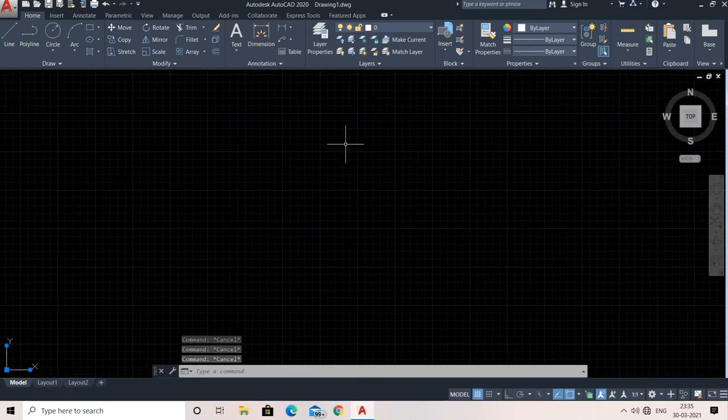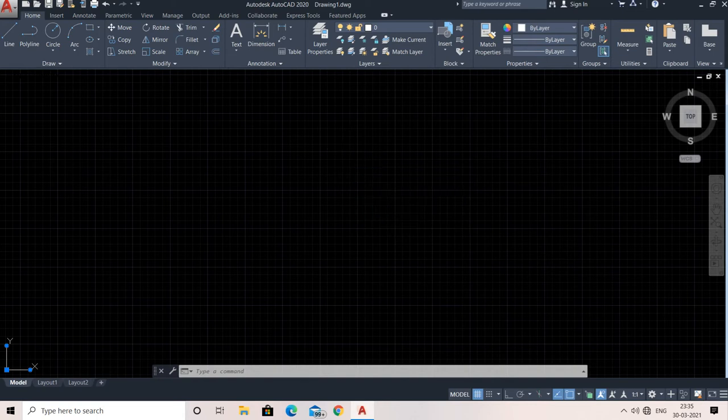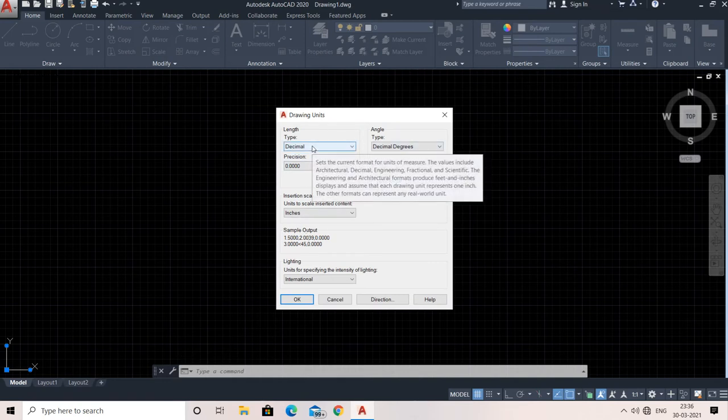Now let's come to the unit setup. How do you do unit setup? Go to the units panel, write UN. Here you can see units, just click it. This type of dialog box will open now. Mostly we are using feet and inches. This decimal means meter or mm. This is generally in